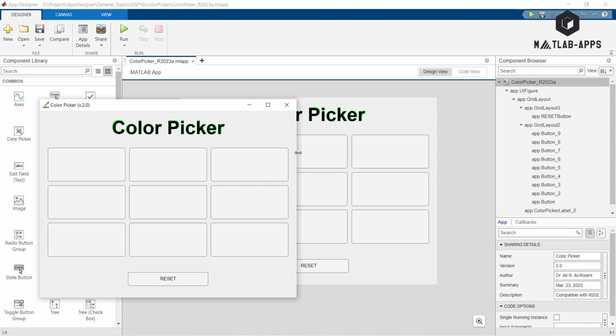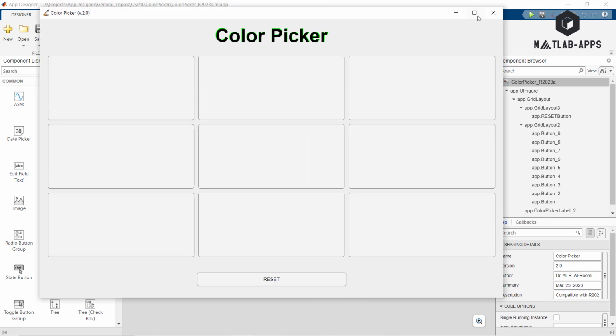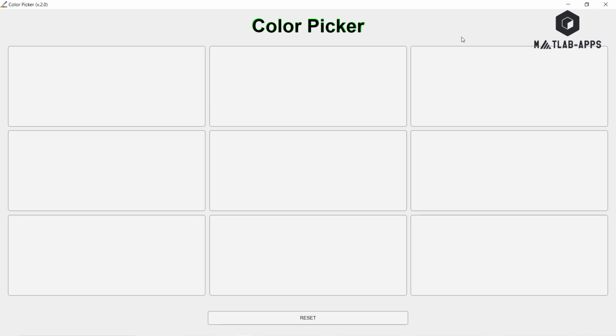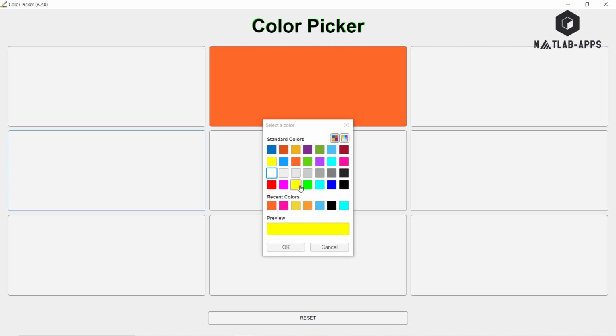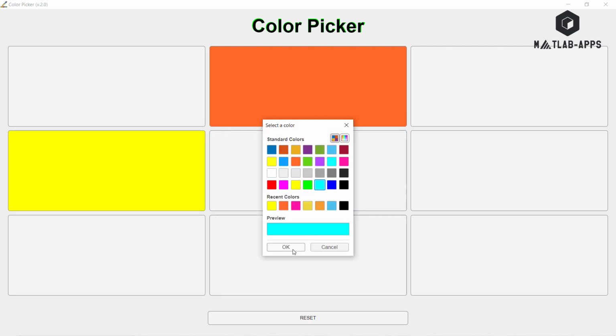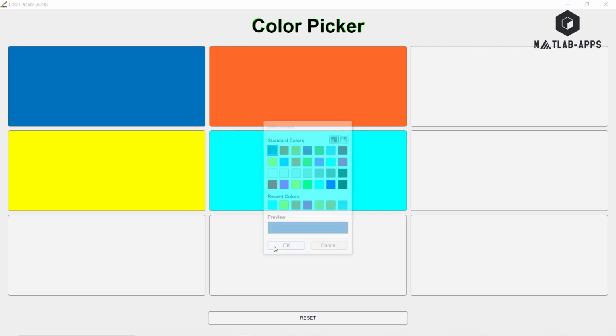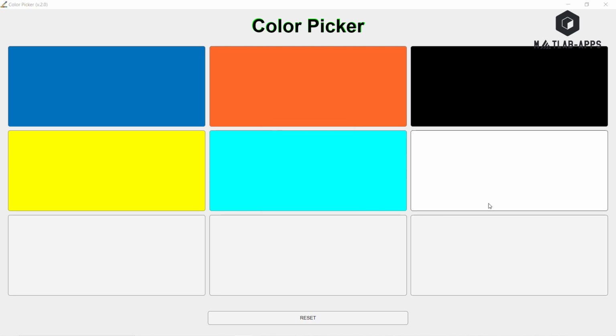We can see that it is flexible. We can expand it to any size we want. We can expand it to maximum. Now we can select any colors for any button. For example, this one, this one. Can select this color, this color,